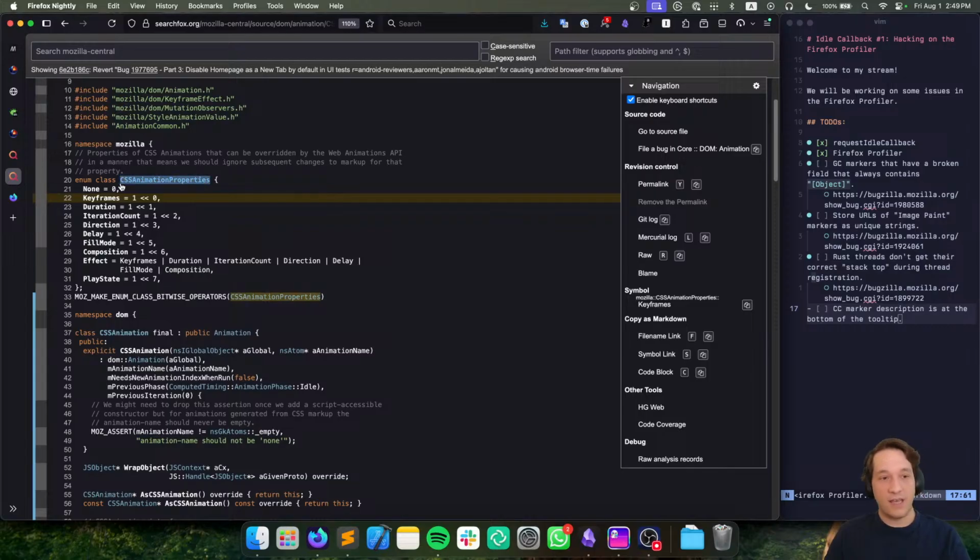This is an enum that says CSS animation properties, and there can be multiple properties, right? It's not only a single value, but we want to be able to easily filter or check if we have those properties or not. And the way we do this is with bit flags,